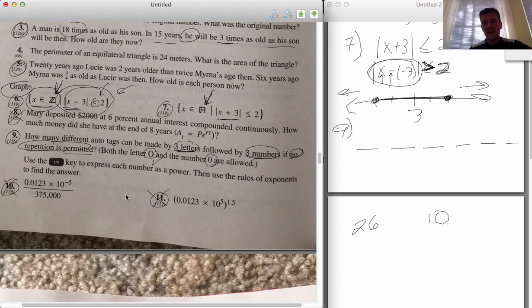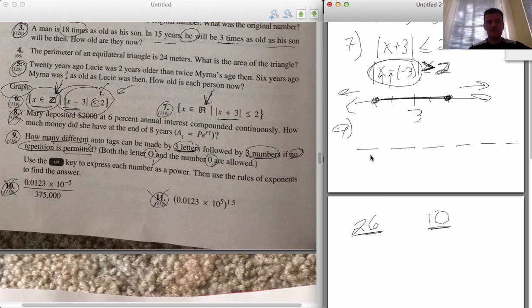If repetition is allowed, then you have a selection of 26 letters for the first 3 spots and a selection of 10 different numbers for the last 3 spots. And if repetition is allowed, then you would put 26 times 26 times 26 times 10 times 10 times 10 and multiply all those together, and that's how many different possibilities there are for the different license plates. But if repetition is not allowed, you'd have to go 26